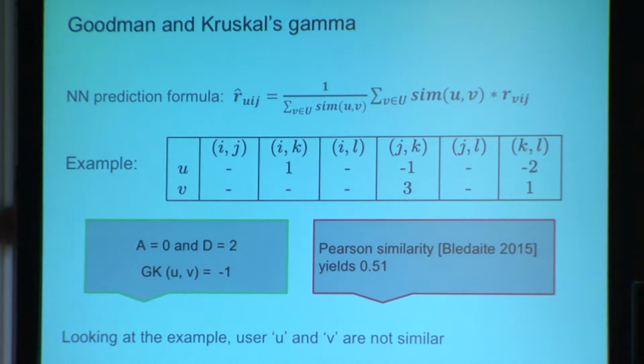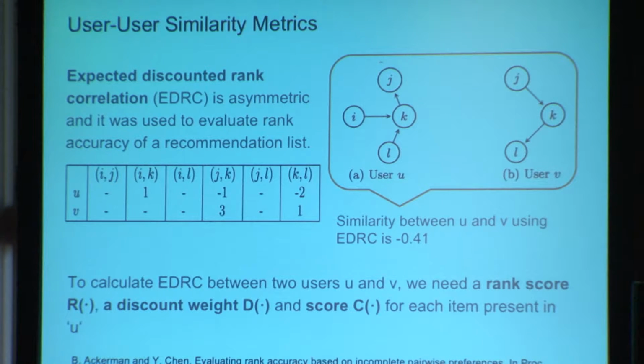The second similarity measure is expected discounted rank correlation, which is asymmetric in nature, and it was earlier proposed to evaluate a ranked list obtained from implicit data. So what we have done is modify it a bit and use it as a user-user similarity. So again, taking the same example,